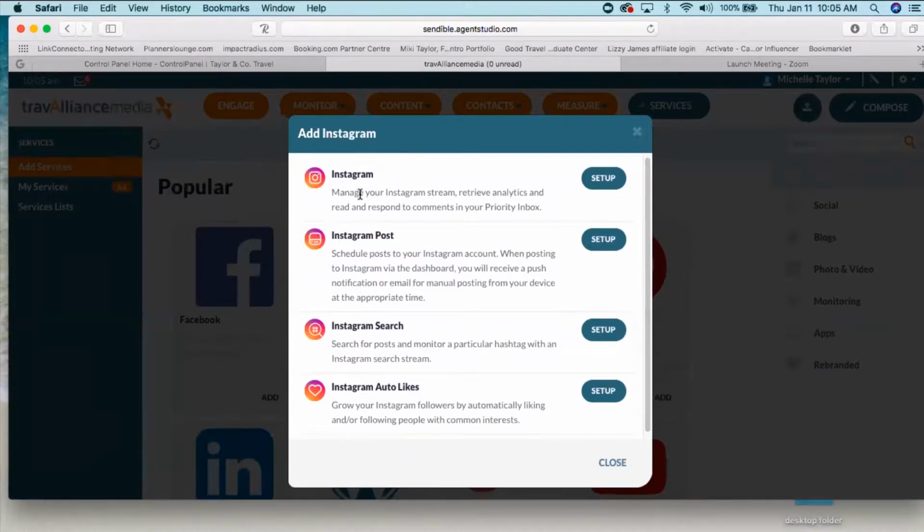Now, with that being said, one thing that everybody needs to realize is Instagram is not like Facebook and Twitter, where once you set this up, it's automatically going to go out to that platform. And one of the main reasons for that is you can't post to Instagram from your desktop. You have to be on an iPhone, an Android, your iPad, a tablet. You have to utilize the app in order to make posts to Instagram. So now you're probably thinking, okay, well, then what is this going to do? How is this going to save me time?